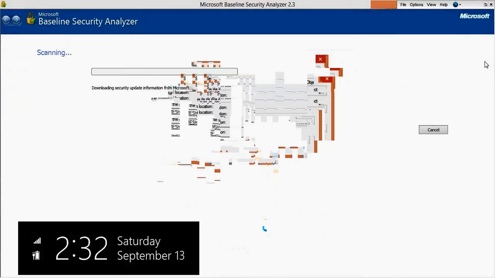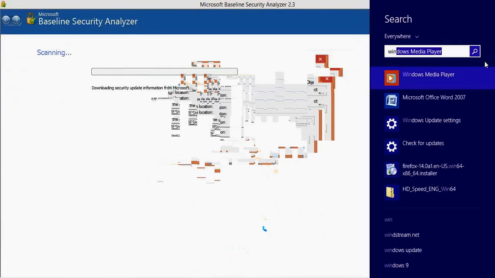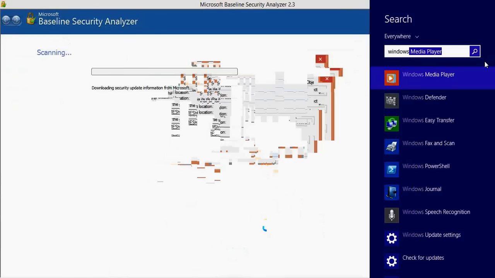As I have Windows Defender on my laptop, I will show you how to do it.